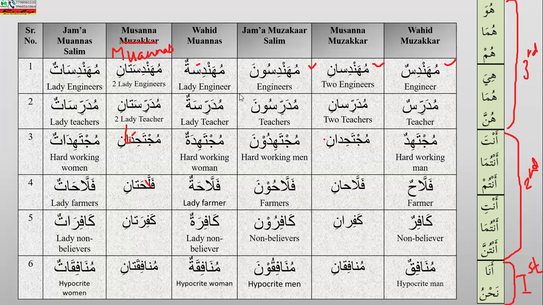Second person, anta munafiqun, antuma munafiqani, antum munafiquna. Anti munafiqatun, antuma munafiqatani,